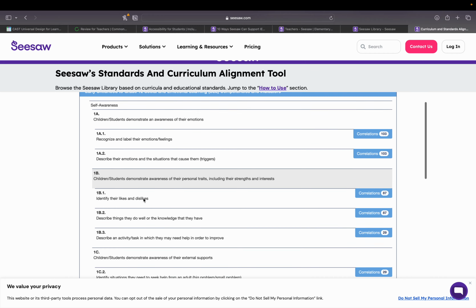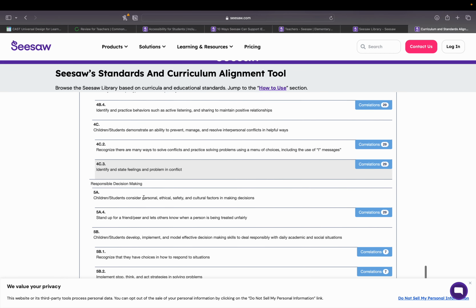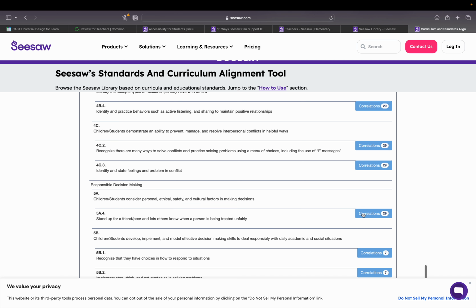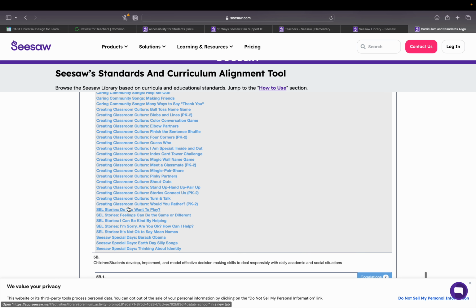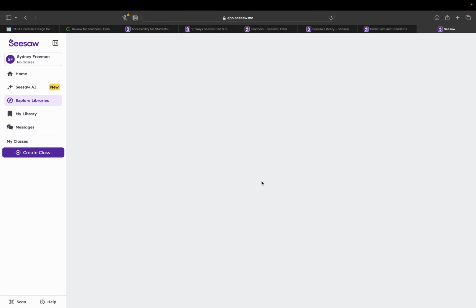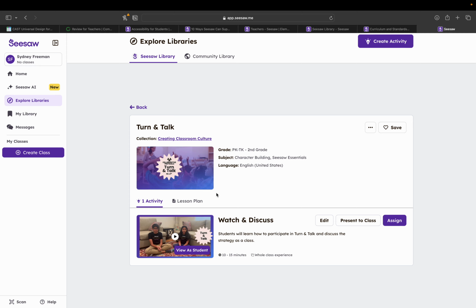So, like self-awareness, what standards it goes with, self-management, social awareness, responsible decision making, and then you can go to different correlations. These are different songs, creating classroom culture, and then different, let's see, creating a classroom culture turn and talk. And it brings you right to that activity, and you can do it with the students.